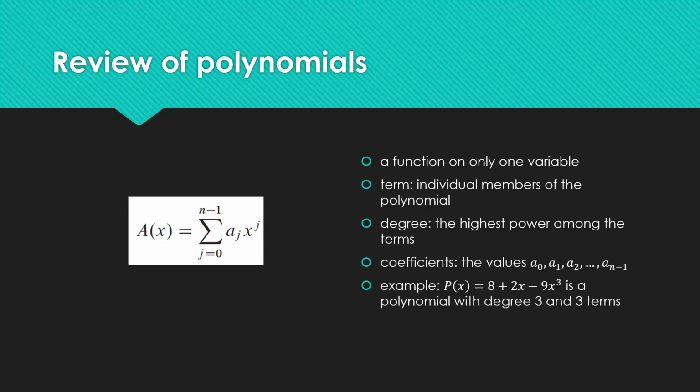So let's review the concept of polynomials. It's a function on only one variable, usually indicated with x. It has terms, which are the individual members of the polynomial, including the sign, the degree, the highest power among the terms, and the coefficients, the values here, a0, a1, a2, and so on. For example, polynomial p(x) equals 8 plus 2x minus 9x cubed is a polynomial with degree 3 and 3